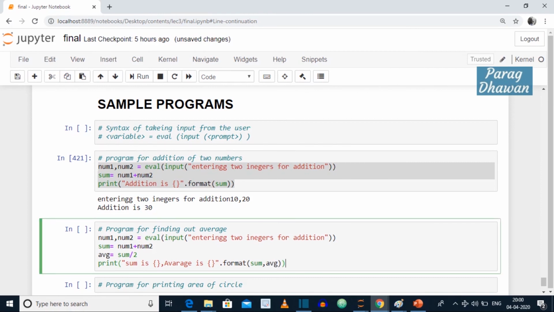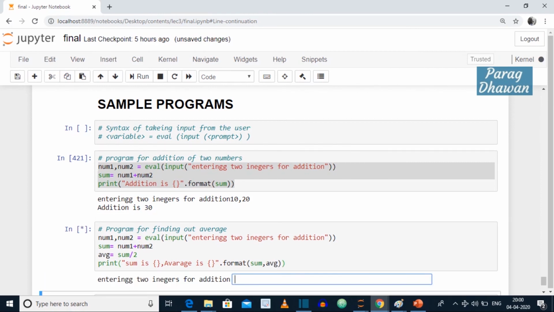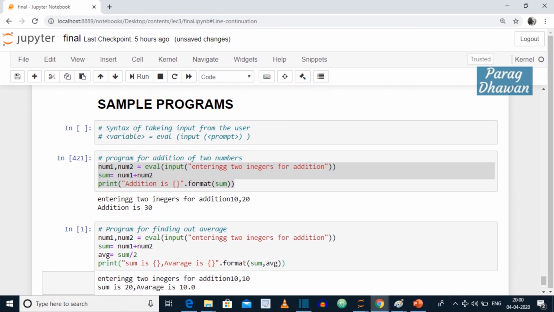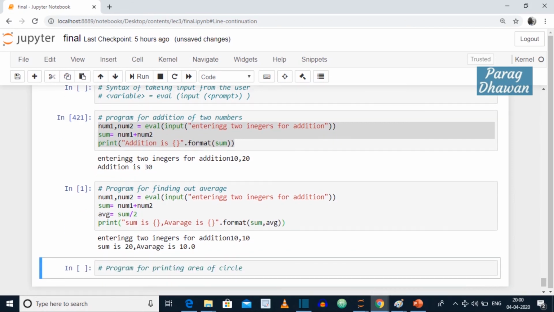Now execute this function. It asks for two numbers. I give the two numbers as 10 and 10. Sum is 20 and average is 10. As we have two integers, the sum is an integer, but when you use the divide operator, the average is converted into float and the value is displayed as 10.0.